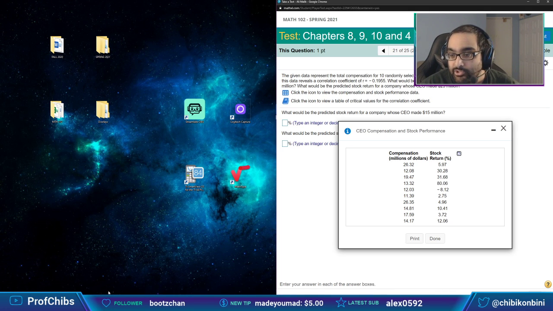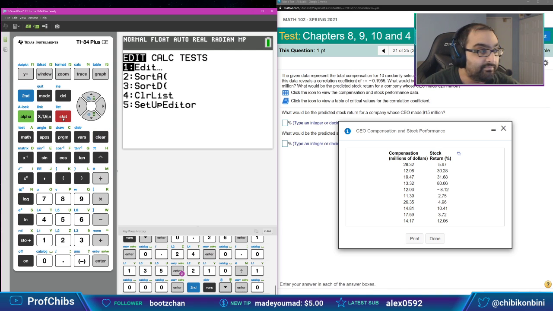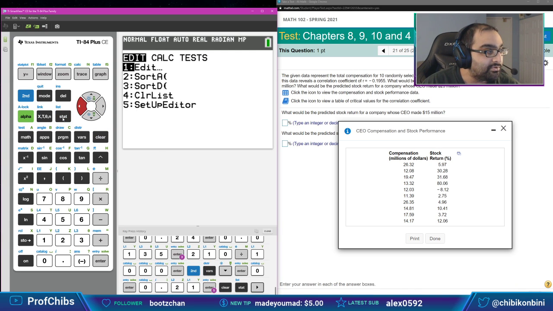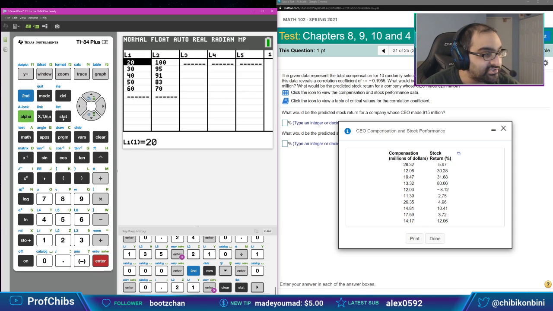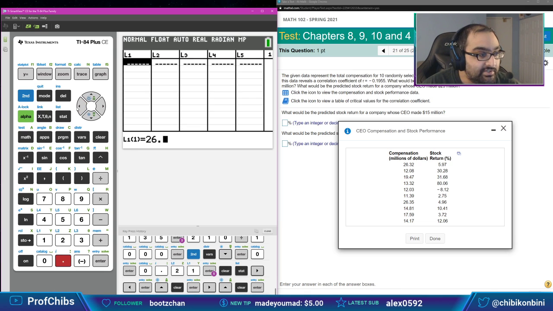All they want you to do here, Megan, is find the line of best fit. Oh, okay, working on the same problem? Good, then we can go through this together. Perfect. So we're going to find the line of best fit. We'll hit the stat key, go over to edit, and put these in as our lists. We'll hit clear and enter, clear and enter.